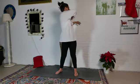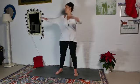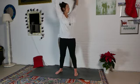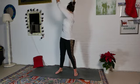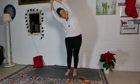And then take the arms up wide, up to about shoulder level, and just twisting them here. And then take them all the way up and twist from here. And then come to the front, bring your feet a little closer together, grab hold of one wrist, and stretching